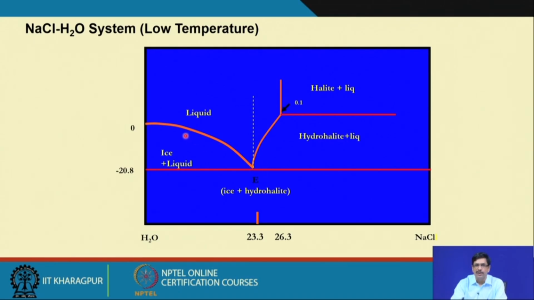So, we can do the experiment and freeze the inclusion and see at what temperature the ice melts, and we will be able to find out what weight percent of sodium chloride equivalent will cause that depression in the freezing point, and we can determine the salinity of this fluid. So, likewise we determine the salinity of a large number of aqueous inclusions which are present in the